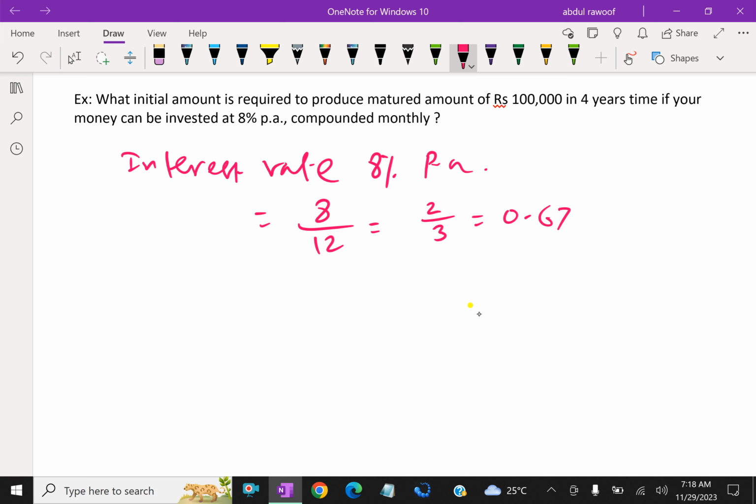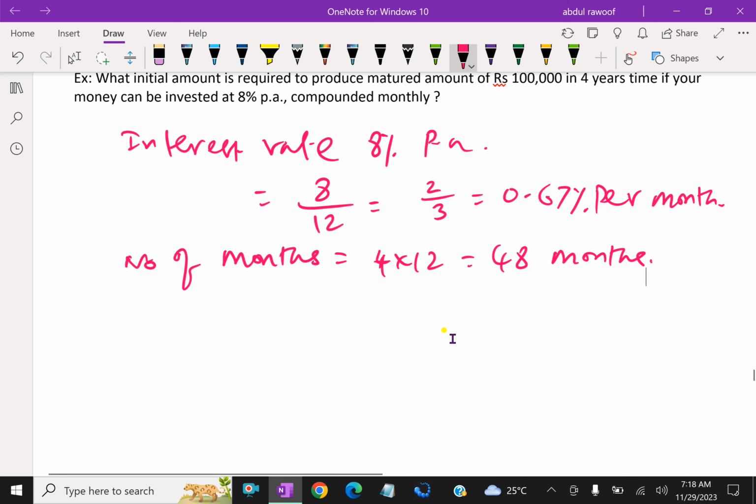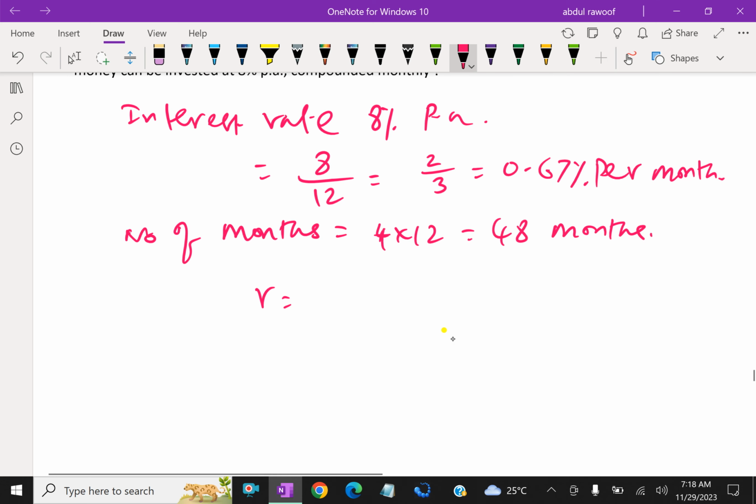The interest rate is 8% per annum, so this 0.67% is per month. The number of months is 4 years into 12, which is 48 months. So we have to use 48 months. Therefore, our multiplier is 1 plus 0.67%, that is